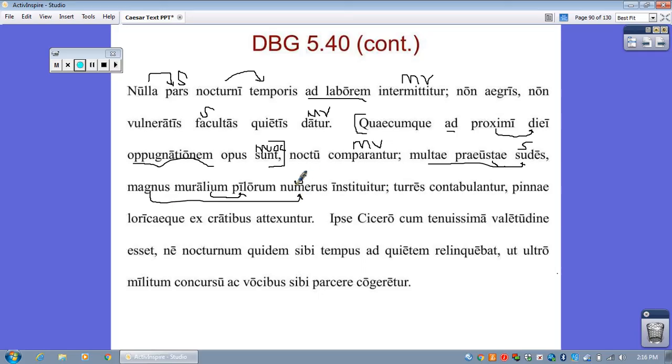And then finally at the end, instituitur, main verb, once again passive voice. So just becomes a matter of vocab. So many heavy beams or stakes having been burnt at the end, and a great number of wall javelins, these are like very heavy javelins that you throw from the top of the wall,